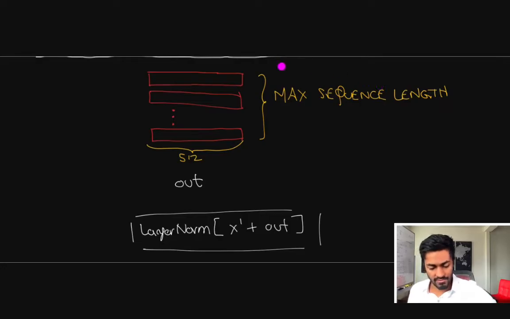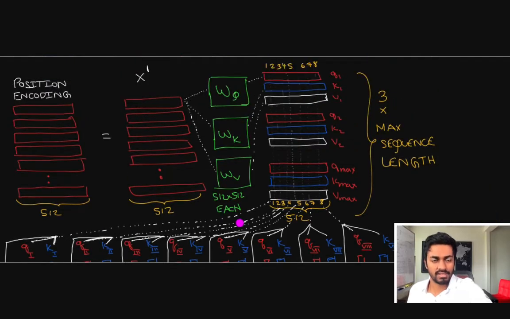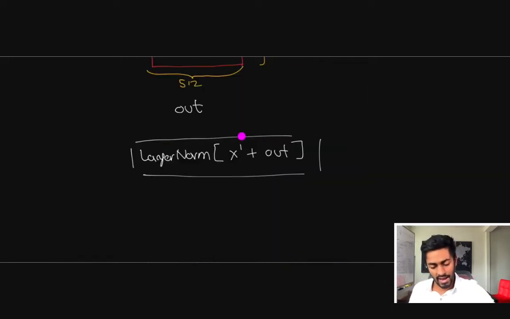And so coming back to our figure, you'll see that we will add this out matrix along with X dash. And if you recall, this X dash is exactly what we saw before, where it is the output of adding the input with your positional encoding. That is this matrix. And hence, you can see that we are adding 2 matrices and then normalizing. Add and norm. So now that you know why we add and norm, let's get into the details of